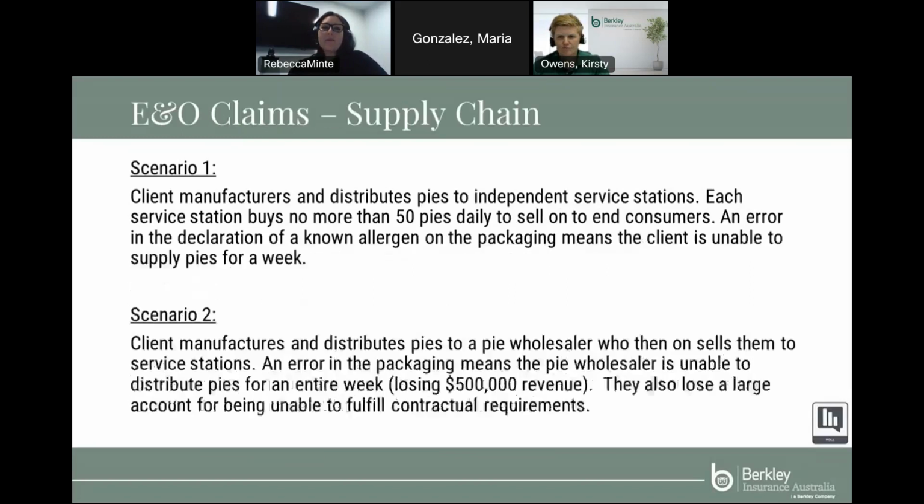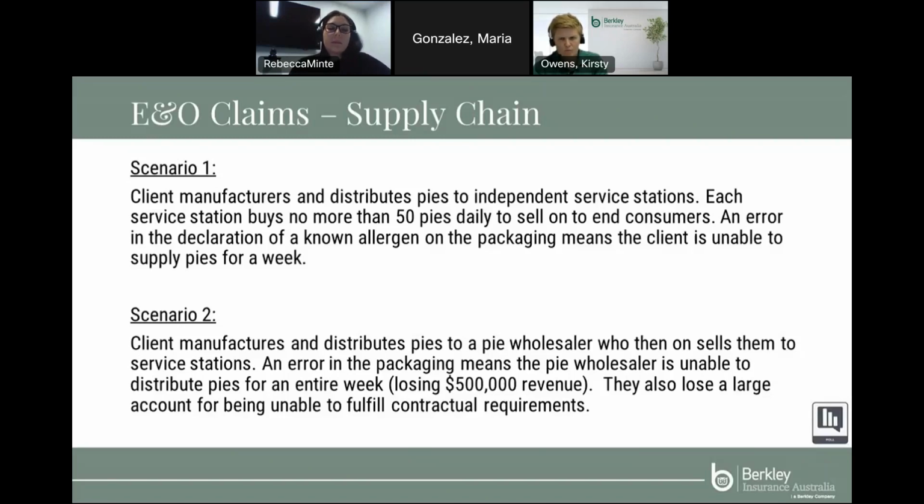So on the next claims example, I did just want to highlight the importance of evaluating your client's supply chain when you're deciding on a limit and the likelihood of an E&O claim against your client. So I'll just read through this example. Scenario 1 is the client manufactures and distributes pies to independent service stations. Each service station buys no more than 50 pies daily to sell on to the end consumer. An error in the declaration of a known allergen on the packaging means that the client is unable to supply